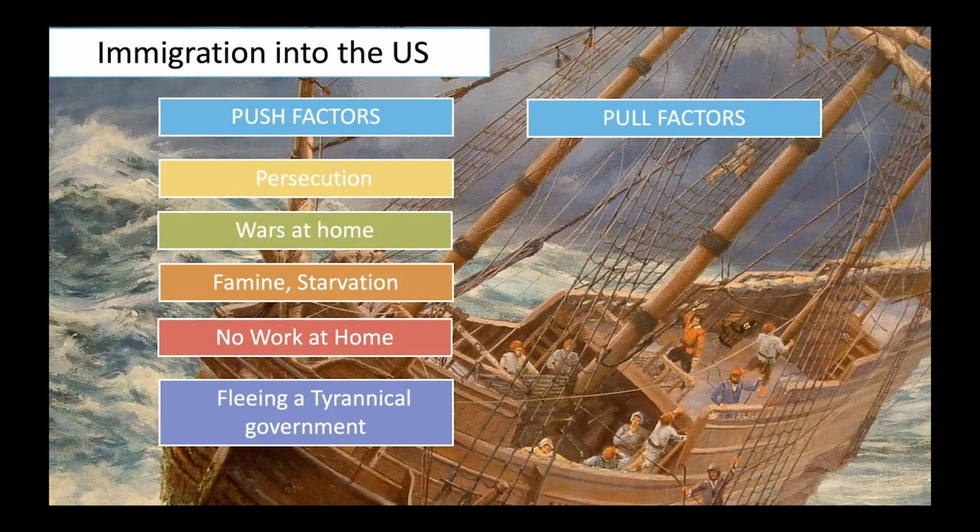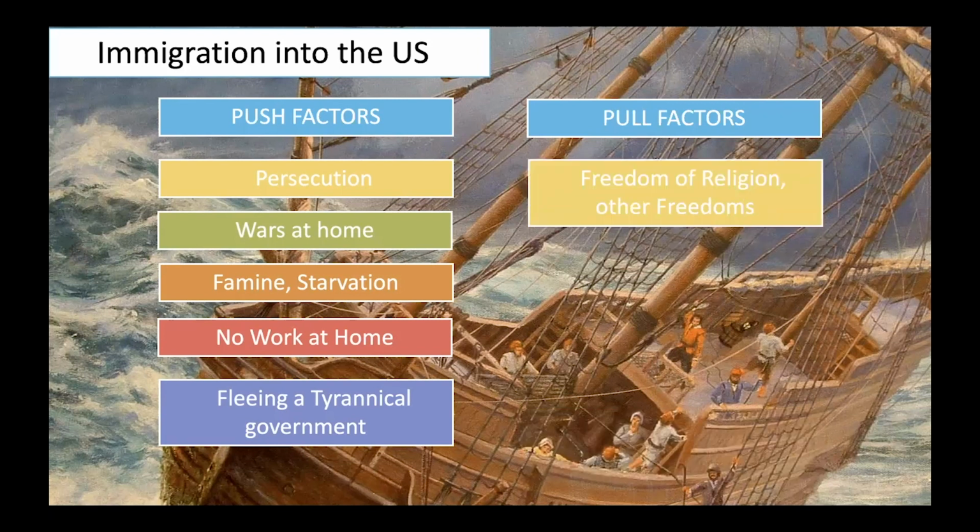Pull factors. So these are push factors, pushing people out of their homeland, and there have traditionally been pull factors pulling people to the United States. Freedom of religion, other freedoms. This certainly was the case again with the Puritans and Pilgrims and Quakers who were persecuted by a tyrant at home in England. And they wanted to get to the New World to own their own piece of property, farm their own land, and practice God how they thought God would want it to be worshipped, freely without the fear of death or imprisonment.